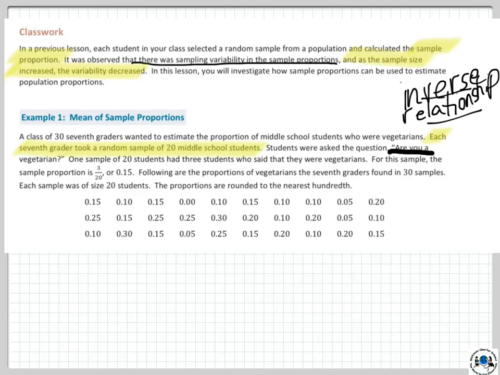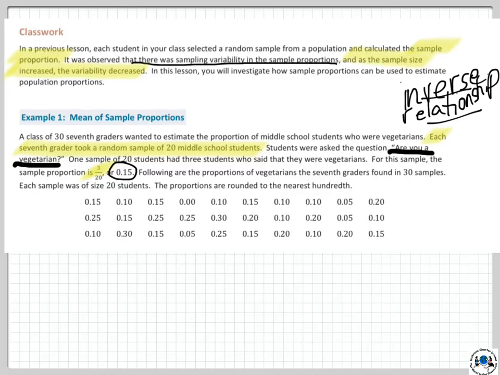That is a yes or no answer, so no numerical data is being collected, and we're dealing with proportions. One sample of 20 students had 3 students who said they were vegetarians. For this sample, the sample proportion is 3 out of 20,